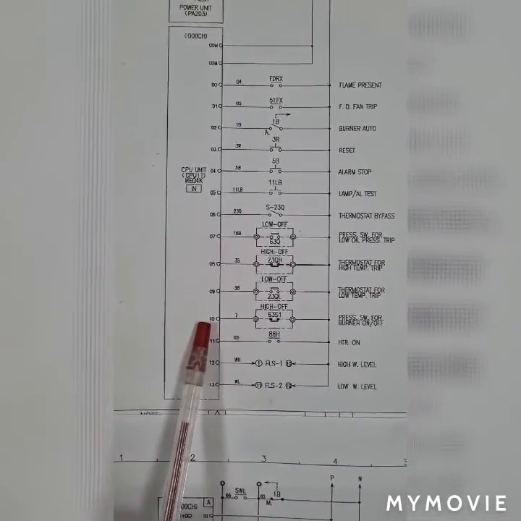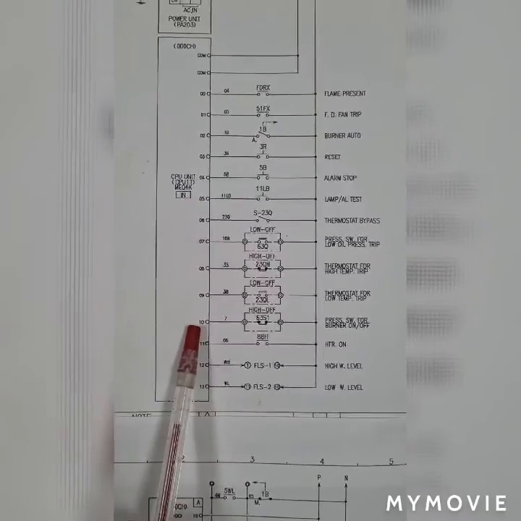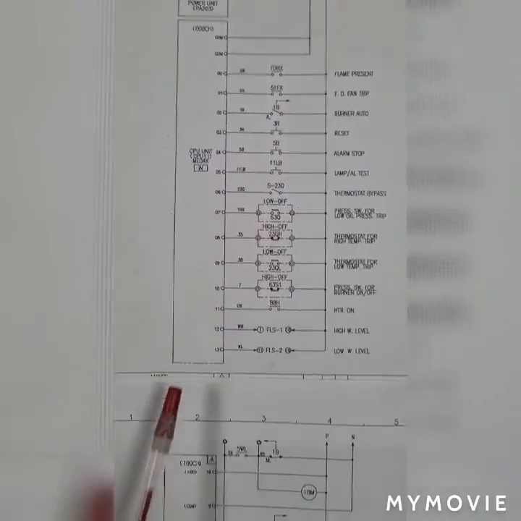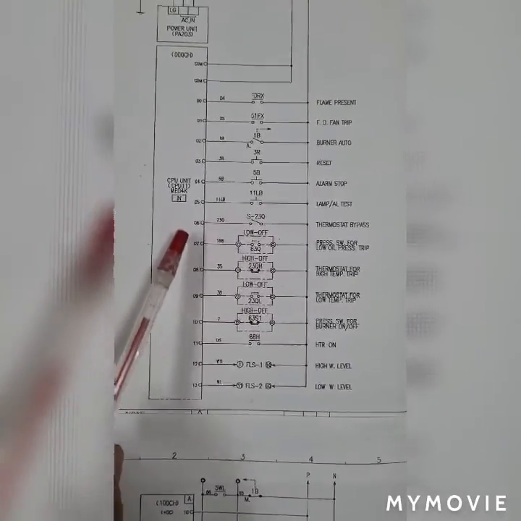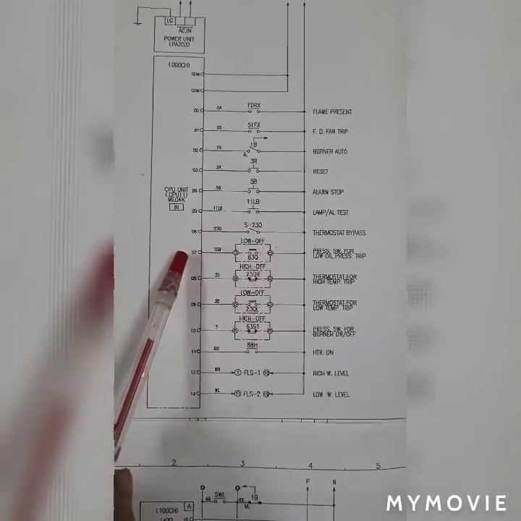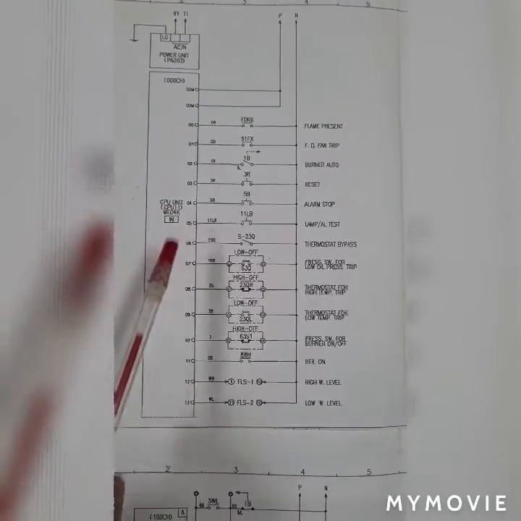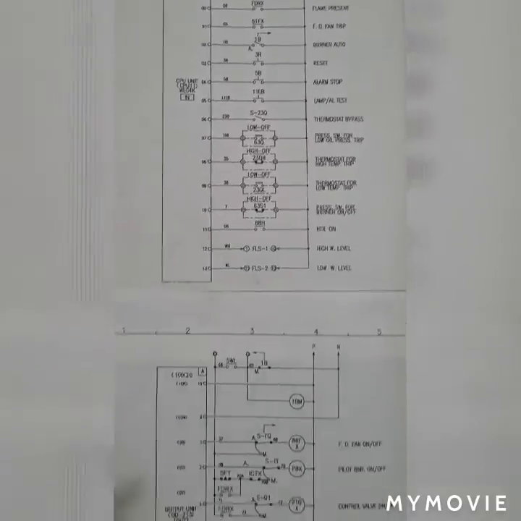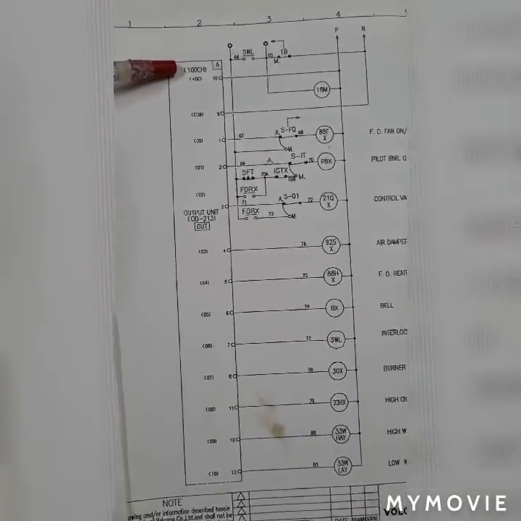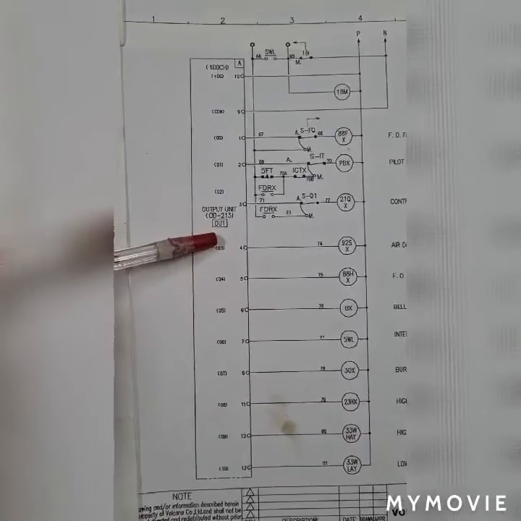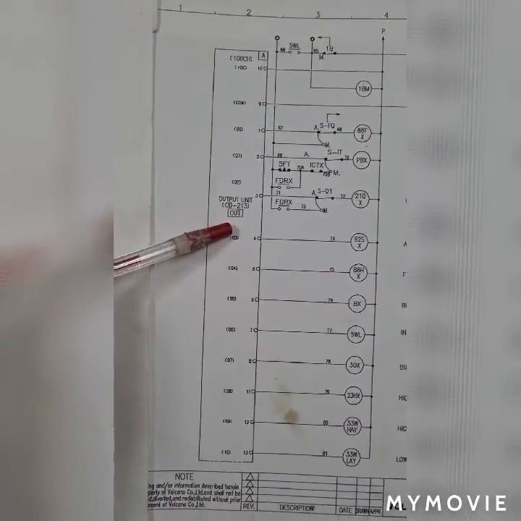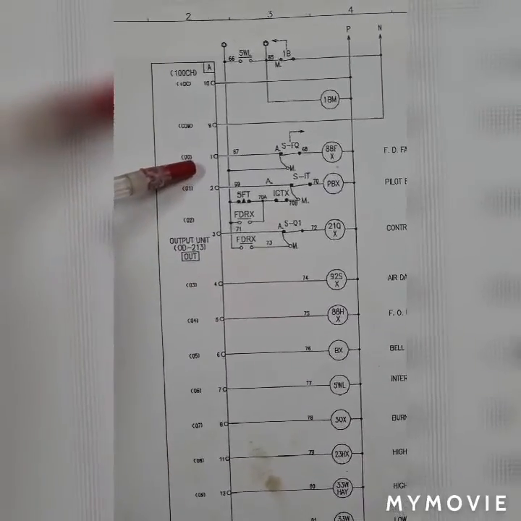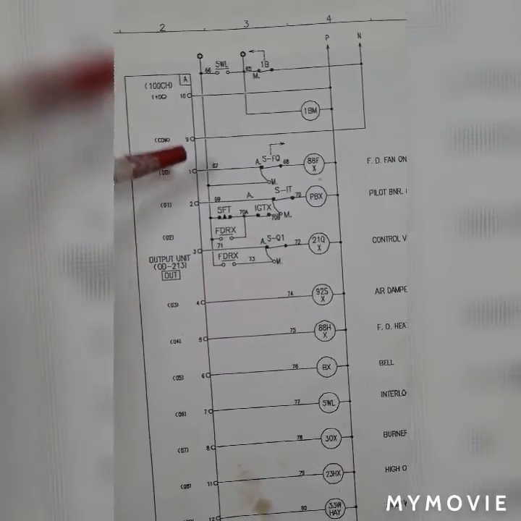Once this is initiated, the program will begin, and this CPU, Central Processing Unit, will give a signal for the 100CH PLC output to start, sending a signal on terminal